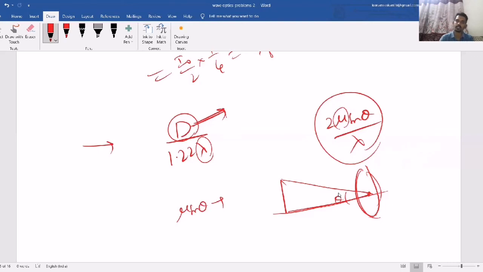Sometimes directly they will mention in the question the numerical aperture value. So then you have to take directly the mu sin theta value. So they may give mu and theta separately, or they may give mu sin theta together. So based on these two formulas directly, they can ask you questions like find the resolving power sometimes. But these days they are not asking such questions, but still you just remember the formula. So this is how the questions will come based on diffraction and polarization.